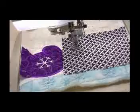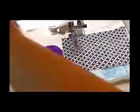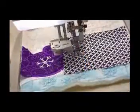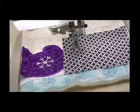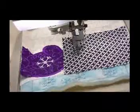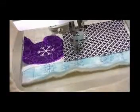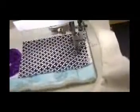Make sure I've switched my thread to the right color. I'm threaded. Oh, no, I'm not threaded. Okay, now I'm threaded and ready to go. So this is going to do the tack down. We're on number 10. So it's a tack down in the detail of the